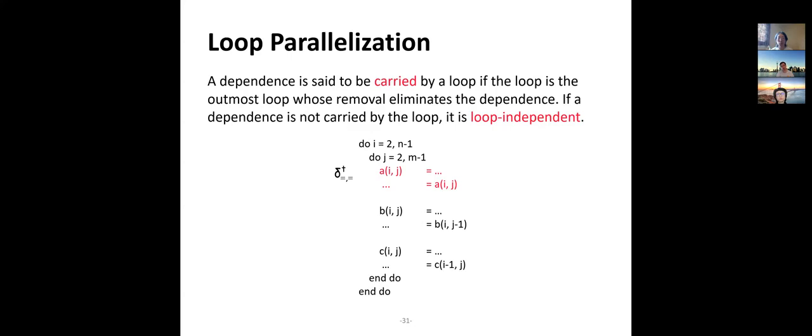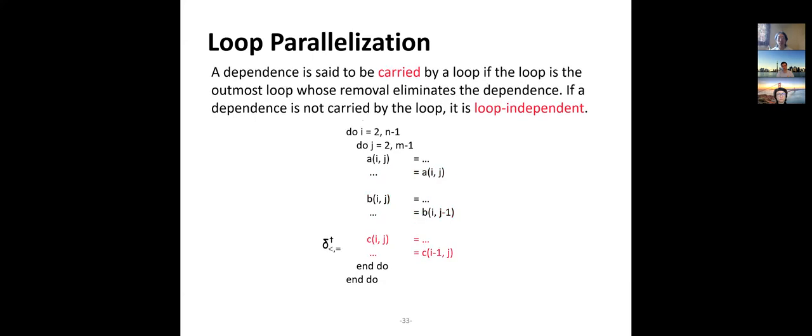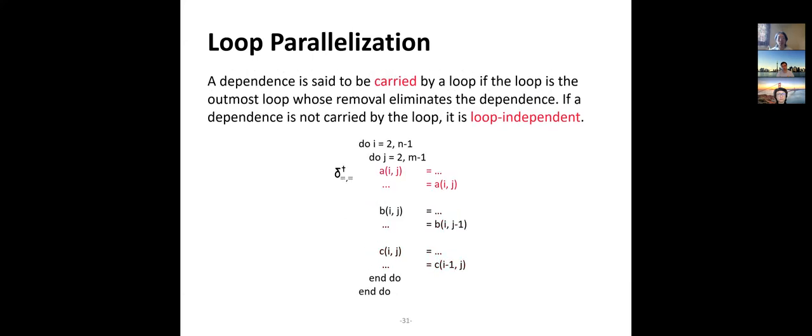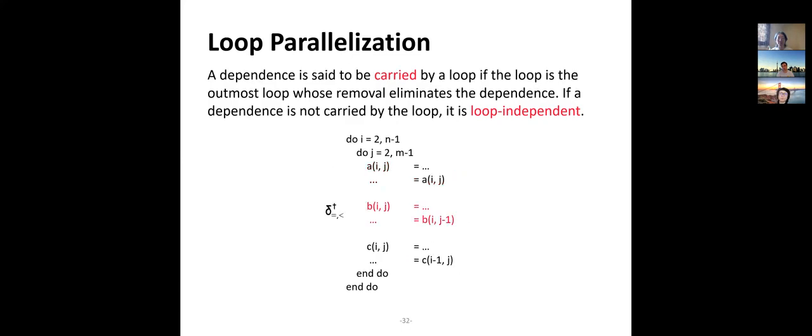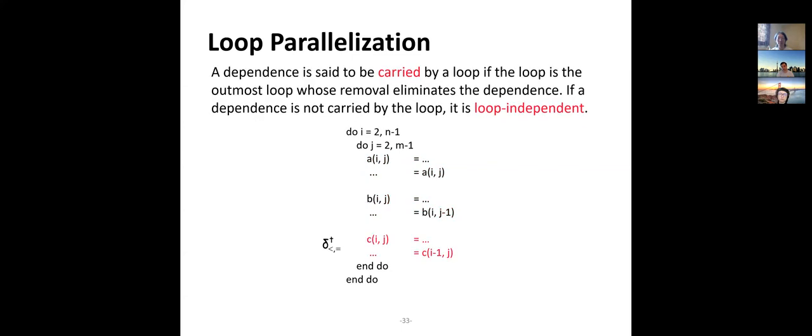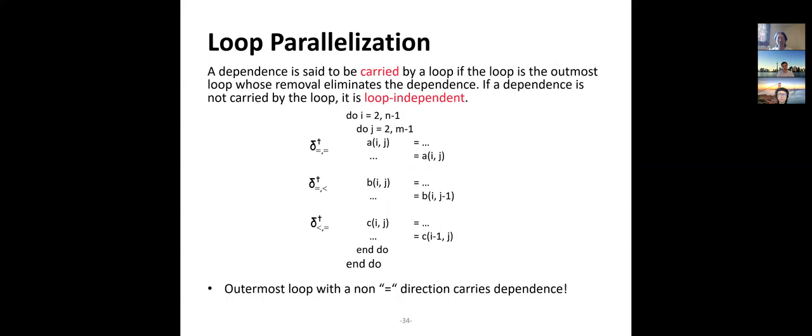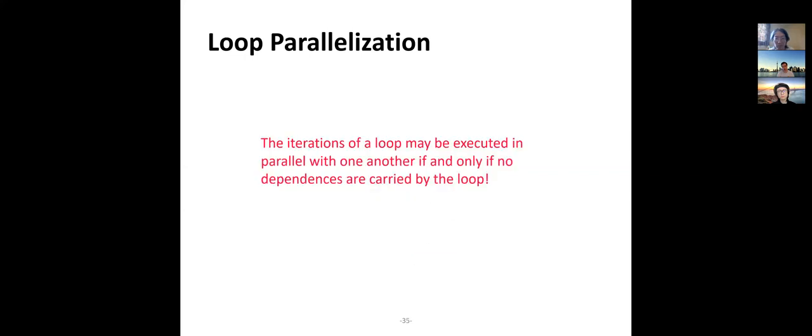So essentially for code like that, what we need to do is look at all the dependencies, right? Here, you're going to get a true dependence across both dimensions, and they're all loop independent, right? They're not carried across the loop iterations. Here you're going to get one that's carried. Here you're going to get another one that's carried, right? So, okay, at the end of the day, that's the dependency you get, and the idea is that the outermost loop will have a dependence, but then